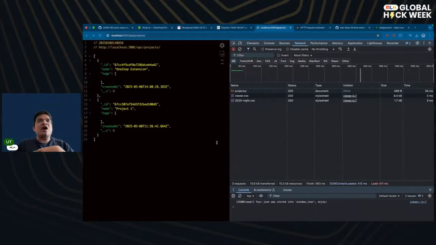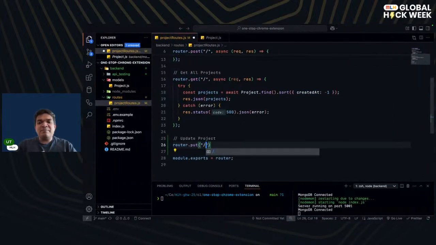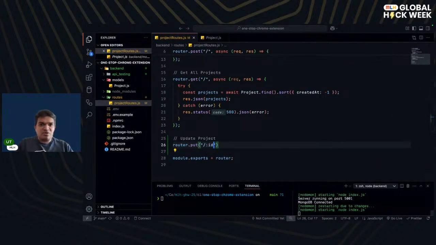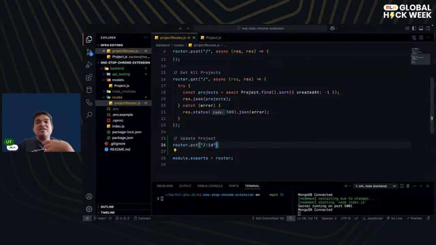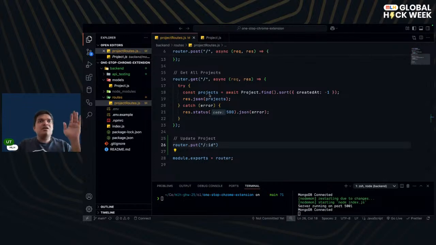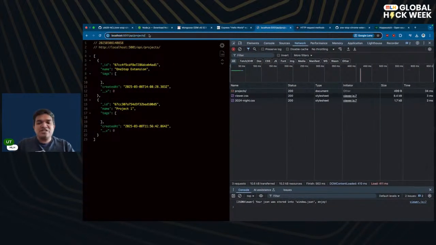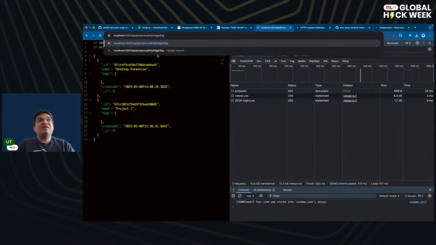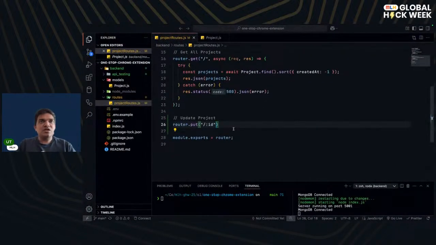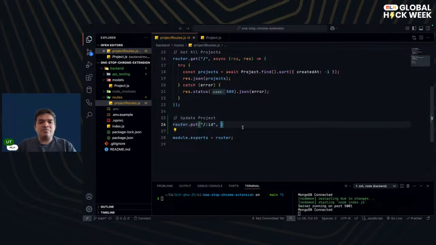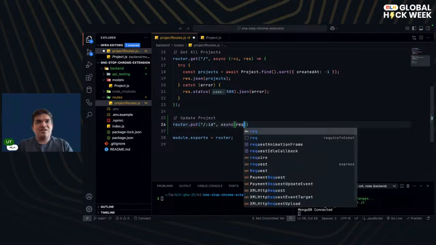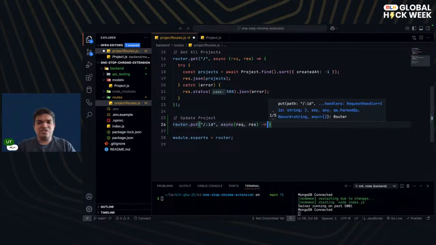So what we will do is, in our code, we will say that depending on the ID, we will make an update. So when someone tries to make an update, the URL should be slash API slash projects and then some ID here. And if that ID matches, then the request will be successful. Otherwise, it would fail. And let's write it out. So ID, comma, again, this would be an asynchronous request because remember the whole discussion about time and stuff. So request, comma, response,